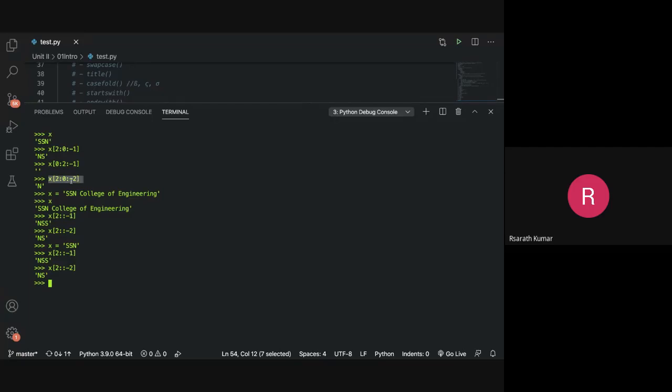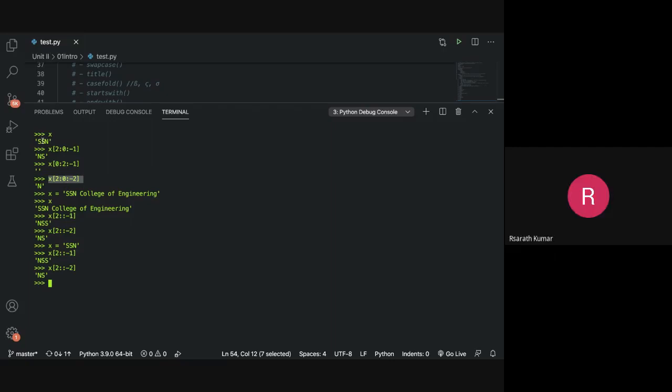N will be printed. Correct, n s minus 2, so S won't be printed, and then it is terminated at that S itself, sir. Yeah, because the last element is not considered, so it is essentially till the first element.